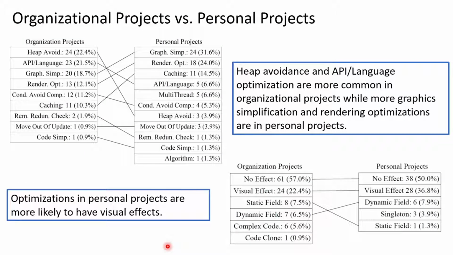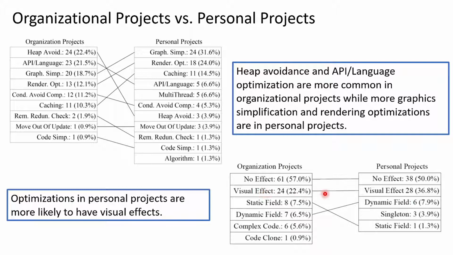So finally, we studied the difference between organizational projects and personal projects on performance optimizations. We can see that there is a big mismatch. For example, heap avoidance is very common in organizational projects, actually ranked number 1, but it's very rare in personal projects. We can also observe a similar difference in the